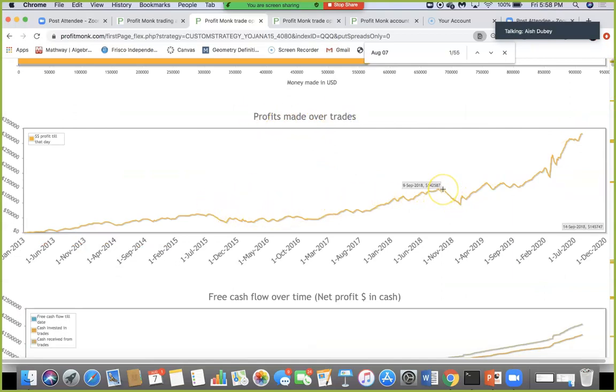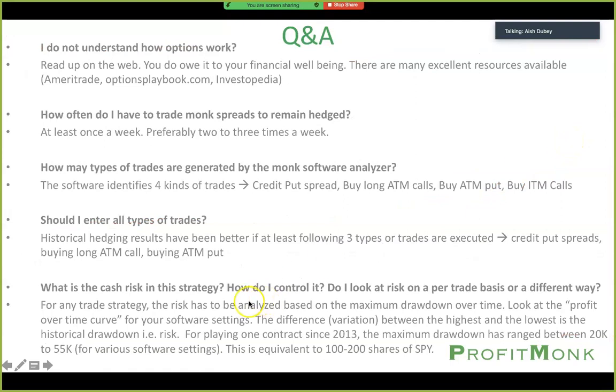And basically, what's your maximum drawdown? So, you see a drawdown here, 142 coming down to about 95,000. You see a drawdown here, 61 kind of coming down to 34. And if you are one of those unlucky ones who chooses to enter the market here, then that's the maximum drawdown. Generally, you enter anywhere and you can look at the maximum drawdown. So that's your money at risk. Okay, and then you can change your software settings and analyze it. The difference between the highest and the lowest is the historical drawdown. Basically, that's your risk.